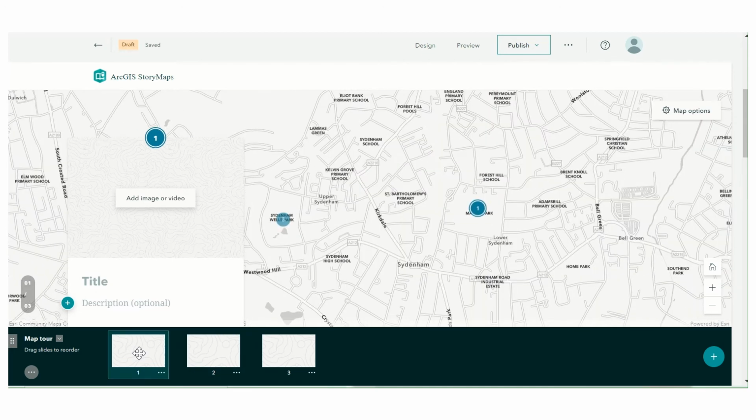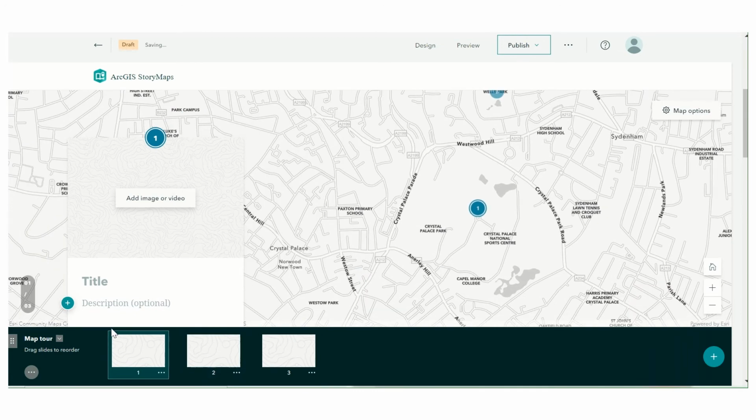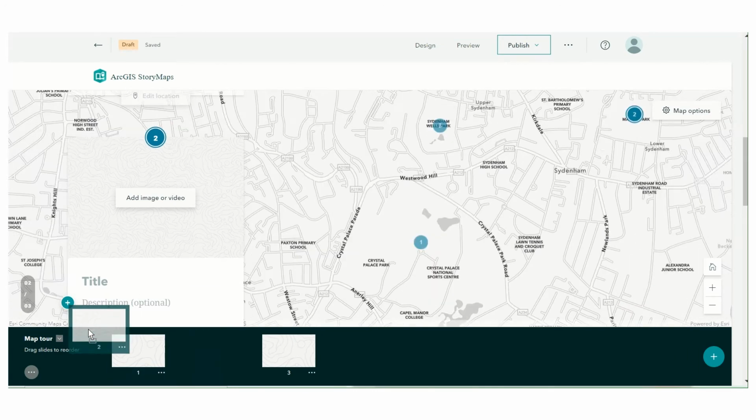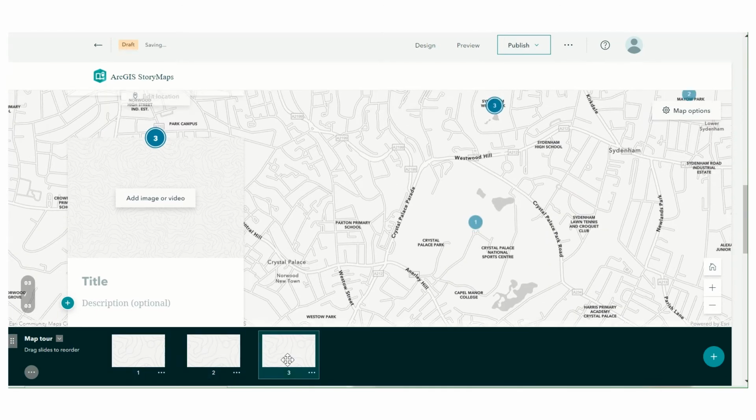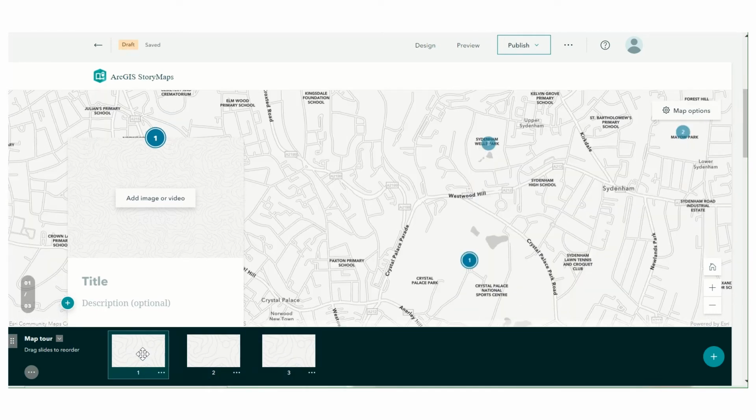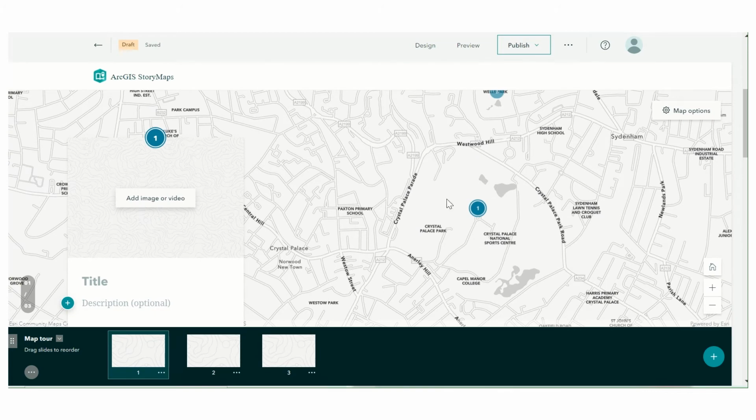Okay, so here we are at number 1. I've just mistakenly reordered my slides, which you can do. You can move them around if you've changed your decision about the order of the slides. But I'm going to go with my original one, and that was Crystal Palace Park, which is indicated here in